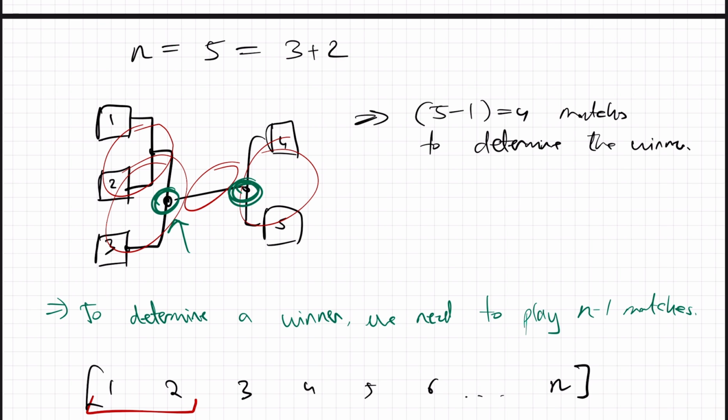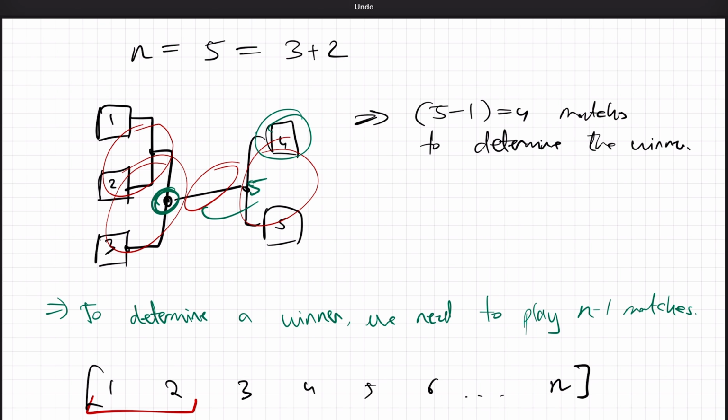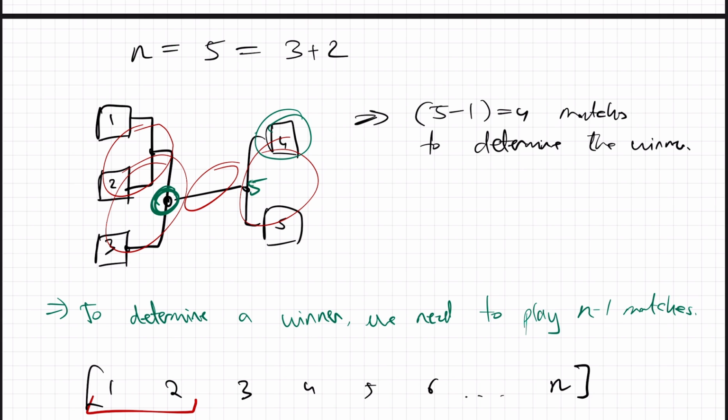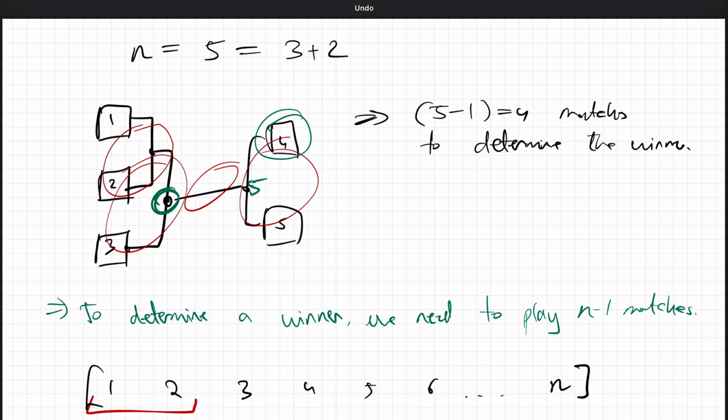well, we don't know whether there was someone on this side who might have, for example, 5 might have beaten 4 here. So 5 might be a winner here. But 4 might still be better than this guy. We just don't know that. And what we're assuming is that if 4 was better than this guy, it shouldn't matter because 5 would end up beating this guy, since 4 is greater than this and 5 was greater than that, which means 5 would win overall. But that means we can't just conclude that the person who lost in the finals is the second best. That's not really how it works.